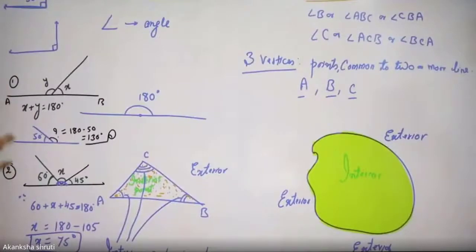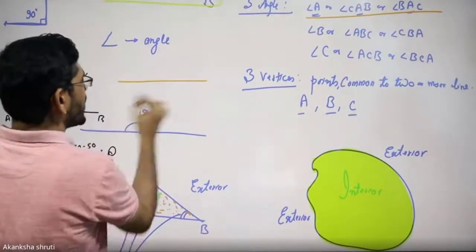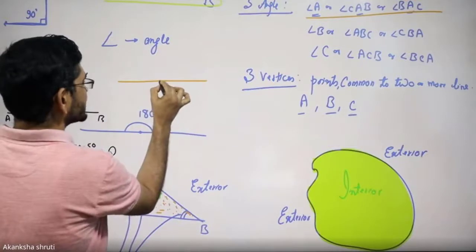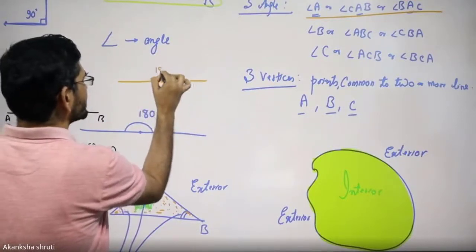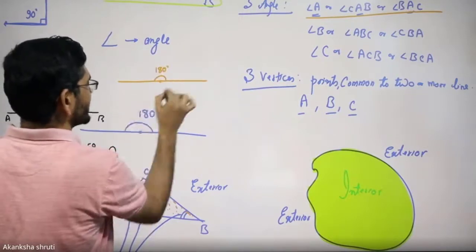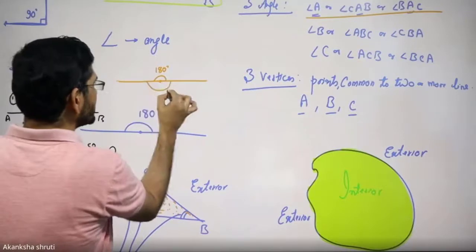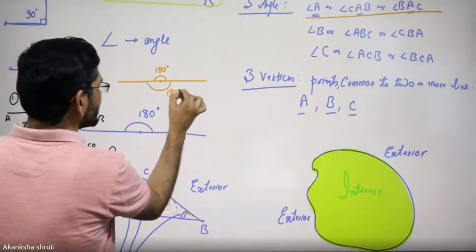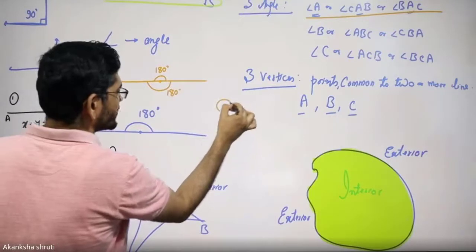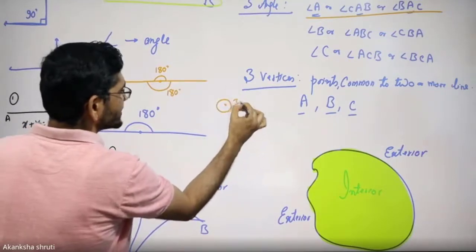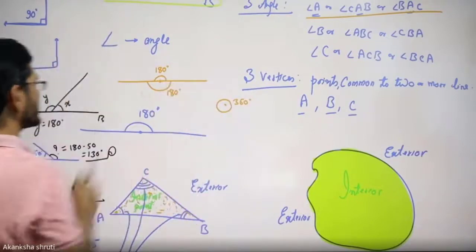Students, there is another important property. If there is any point on a straight line, then at that point the angle on one side of this straight line is always 180 degrees. And similarly, for this side, the angle on the other side is also 180 degrees. It means at a single point, going from one end all the way around, the total angle is always 360 degrees. This thing we have to keep in mind.